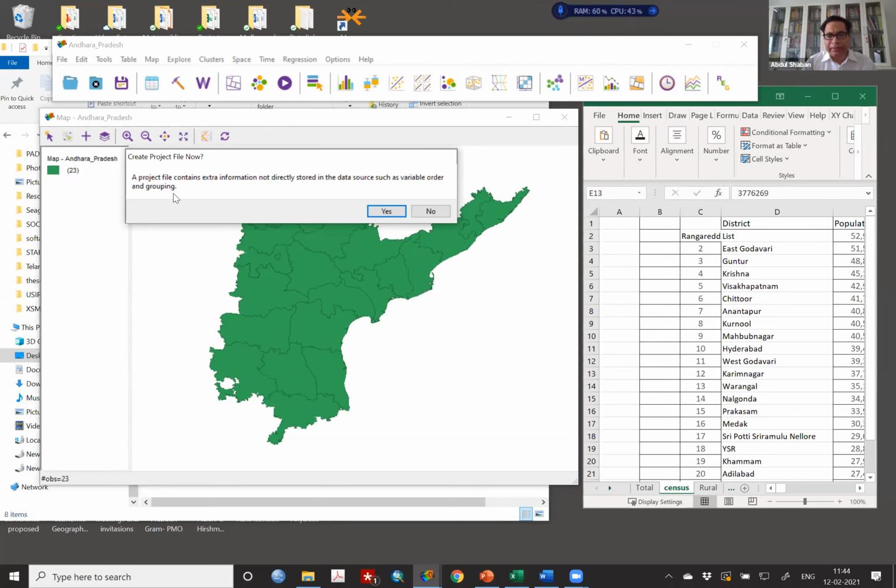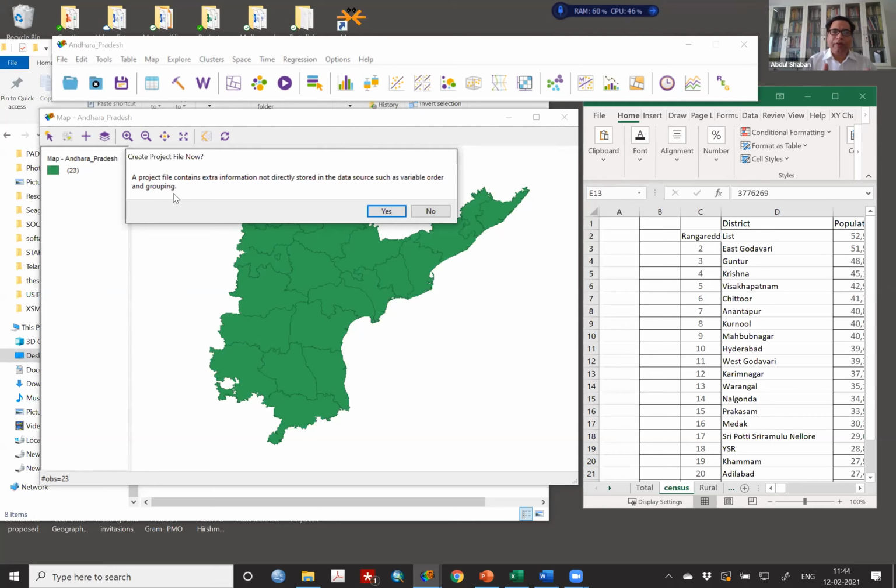Try to understand this. It is a different kind of thing from what we work with in MS Word or Excel, where Excel saves its own file in Excel format. But in GIS software, if you see, when you have unzipped Andhra Pradesh, Maharashtra, Bihar, or UP, you have multiple files, 5, 6, 7 files.